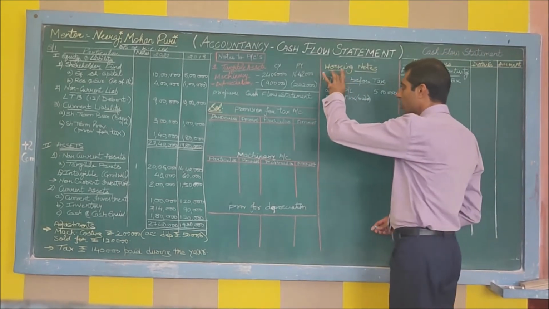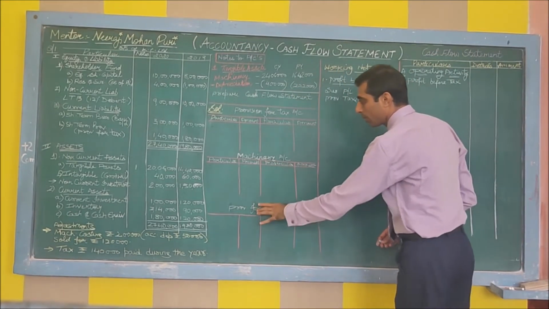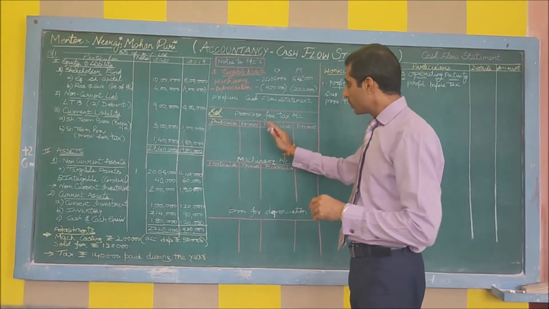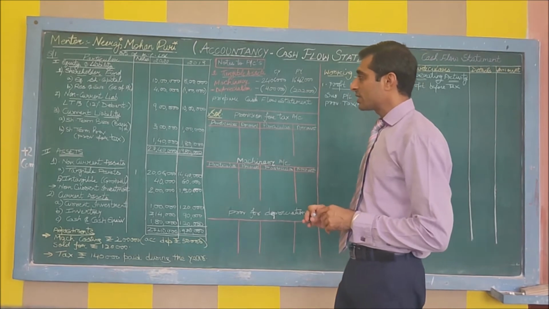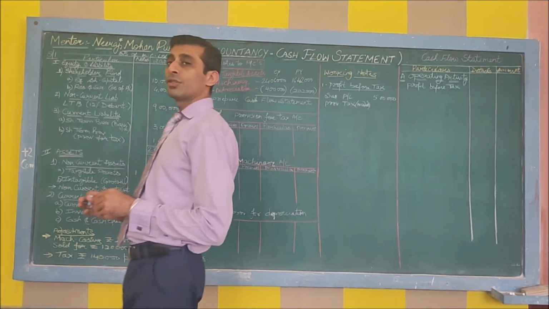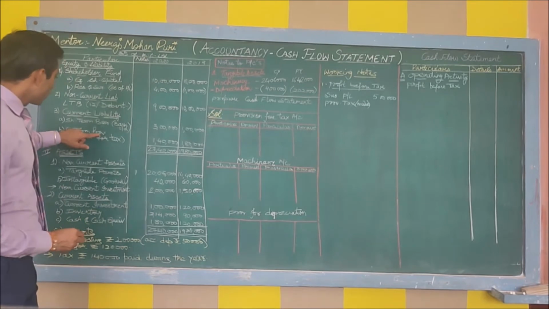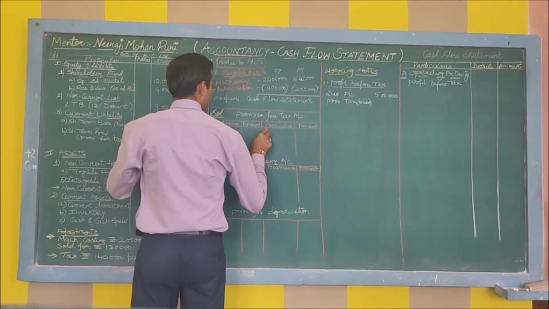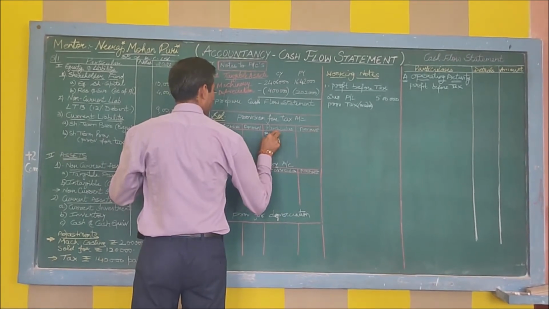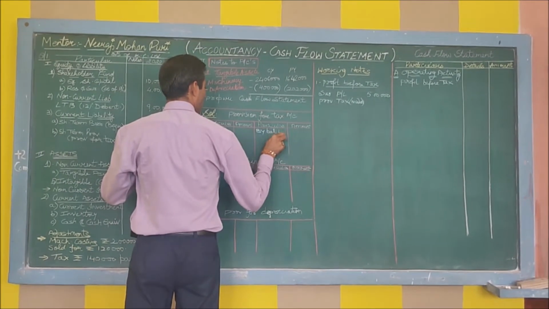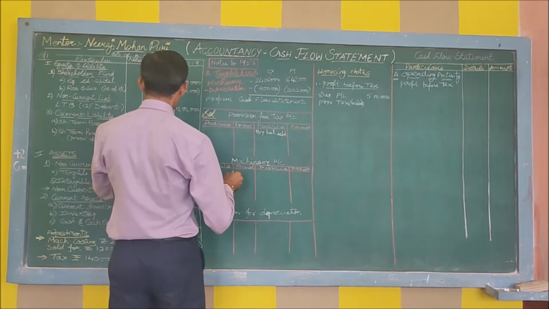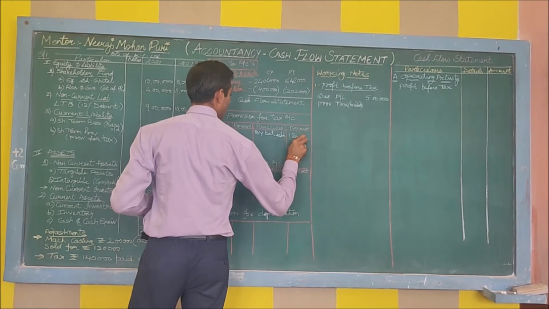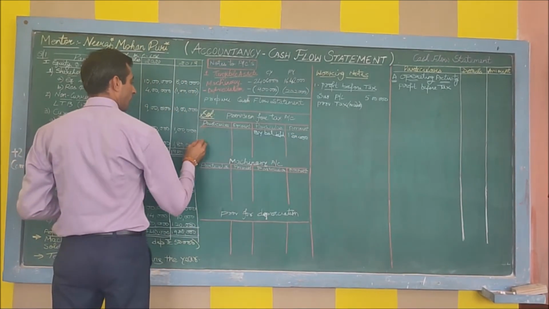So first we will complete these notes, then we will start with our complete solution. To complete provision for tax, tax is a liability. We have to take the information from our ledgers. So this is provision for tax. Opening is previous year, by balance brought down. By balance brought down, amount for tax is 1,80,000.